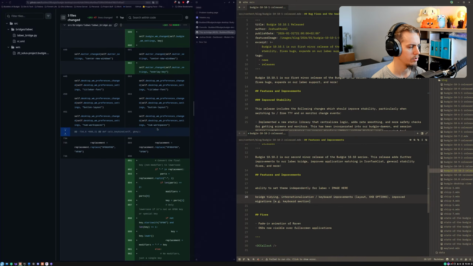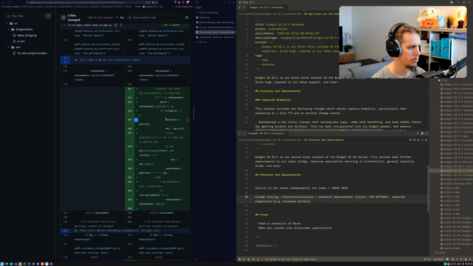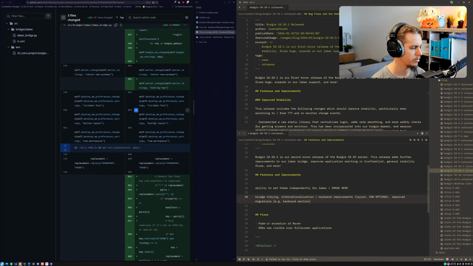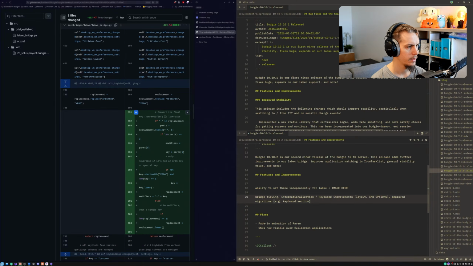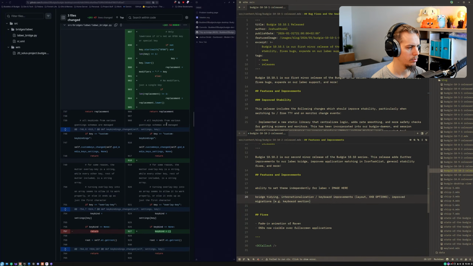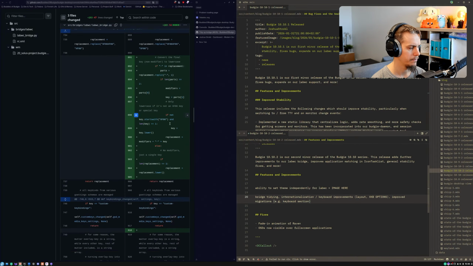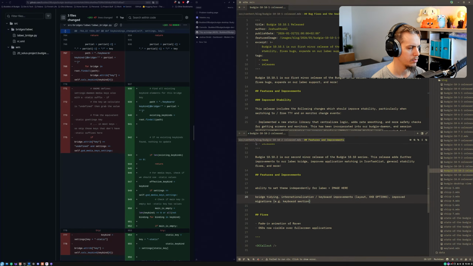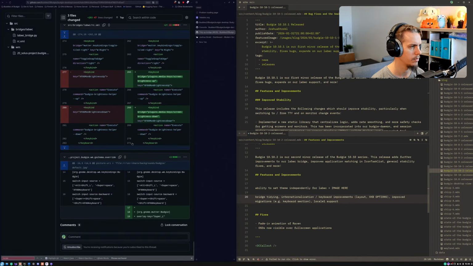Then for each of the keys, we trigger that. We have the mutter overlay one that's still being used. Convert those for XKB. Not going to worry about that too much. Locale 1 support. Because I think that was added. I don't think it's in this one. I don't think it's in this commit, but